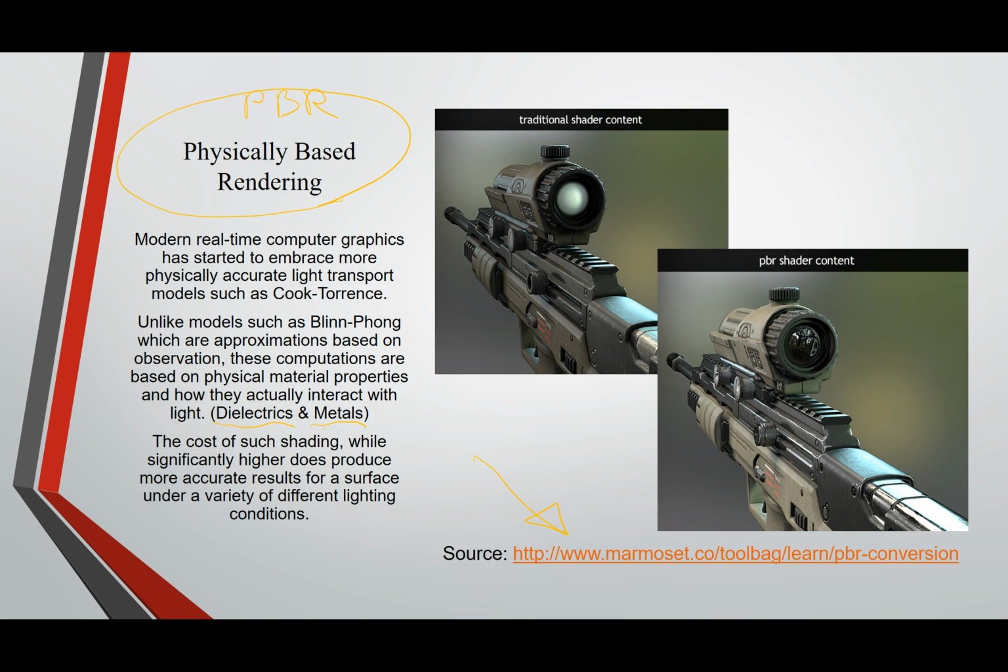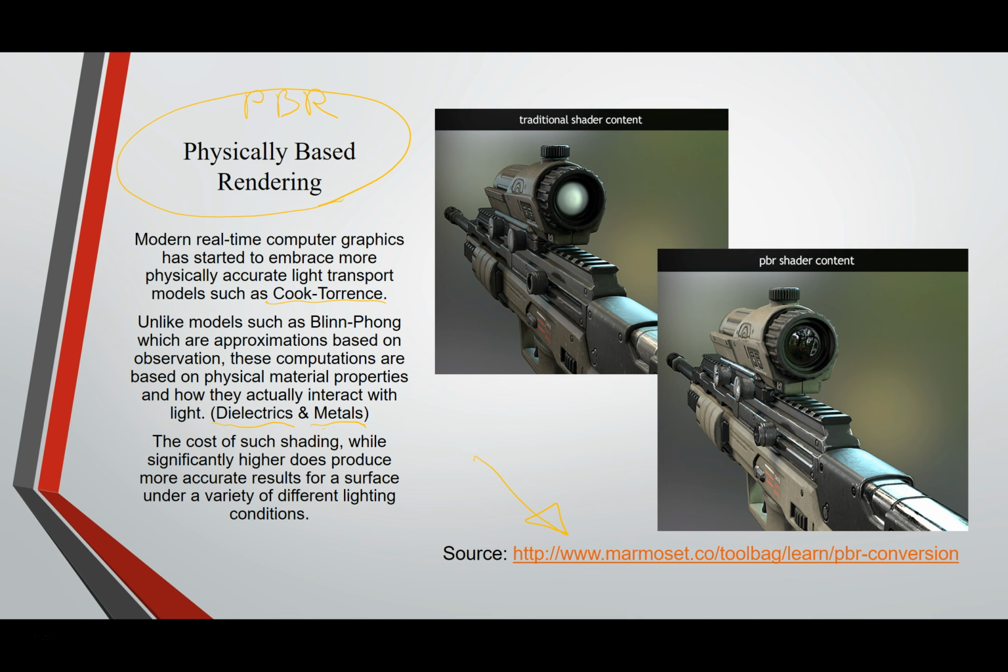A lot of these high-end AAA studios are embracing PBR rendering because we have more and more mathematical capability per pixel now than we did before. So it's okay if we spend more time doing more advanced calculations. So they're going to do more accurate simulations. These are still doable in real time with modern hardware, but they are a lot more involved. There's a lot more calculations that need to take place. But the huge advantage is that with the surfaces, we don't have to hack the numbers. We don't have to play with the specular component or anything like that,